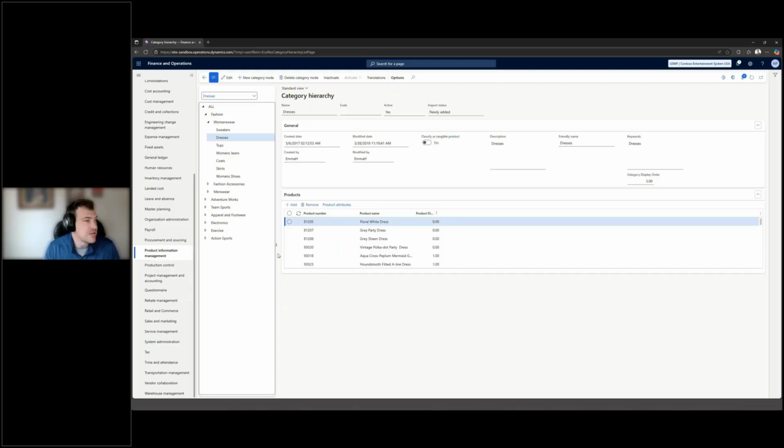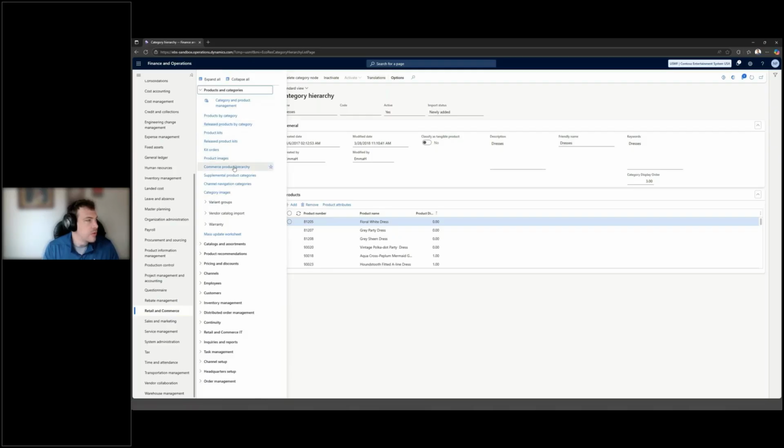And that's because there is a separate, better way of configuring a product commerce hierarchy that is outside of product information management. This view right here that we have open is a perfect way of adding products and removing products from nodes on the category hierarchy, but it's not the best way of associating attributes and attribute groups to nodes on the category hierarchy. To do that, we're going to go to the retail and commerce